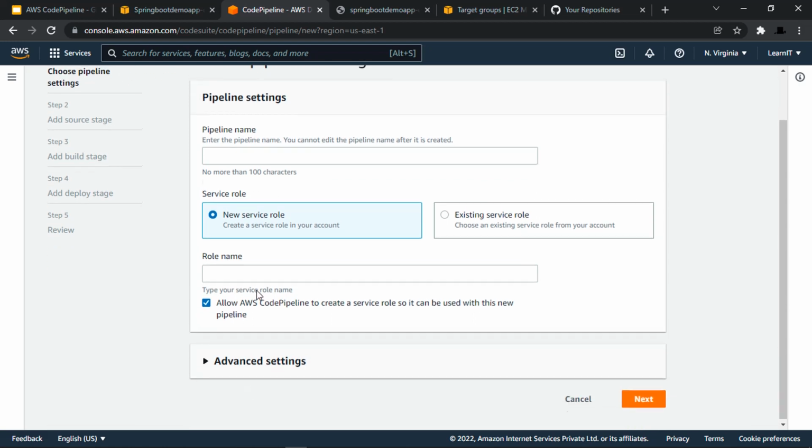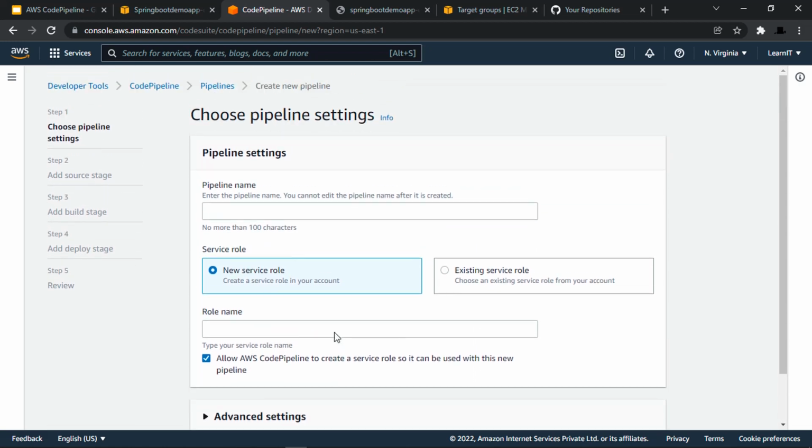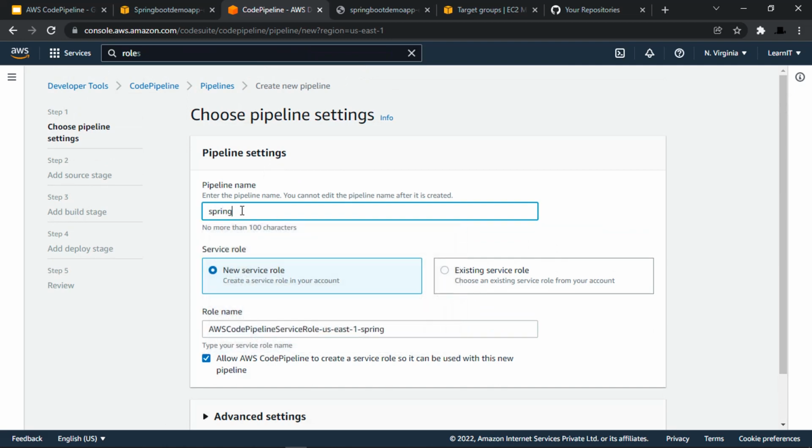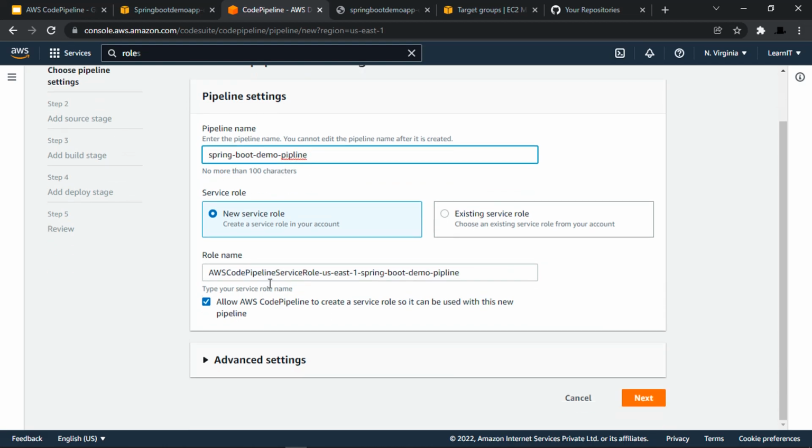and here we have got a basic form for create pipeline. So let's provide the pipeline name as Spring Boot demo pipeline, and the next thing we have here is service execution role. So this service execution role, we can choose an existing service execution role, or we can choose for new service